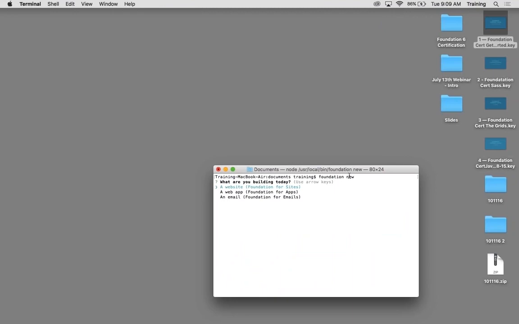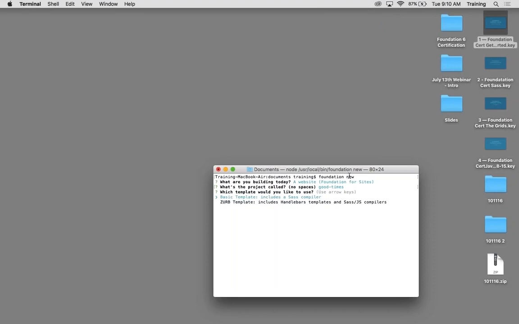So you type in Foundation new in the CLI, and then you can choose the type of project. So we're talking about Foundation for Sites here, so we're going to choose Foundation for Sites, but you can also create an email as well. So we'll go ahead and choose Foundation for Sites, name our project,